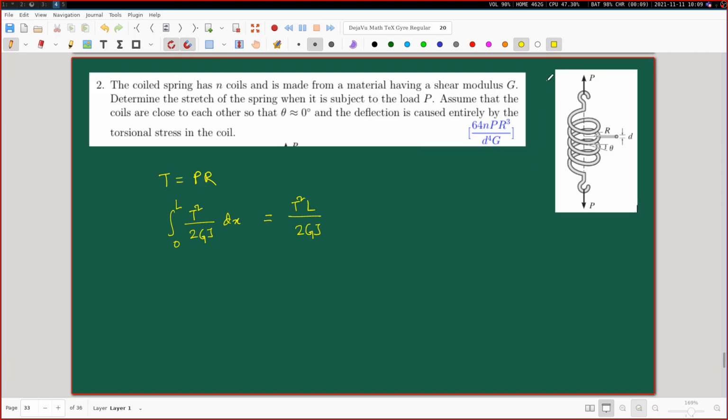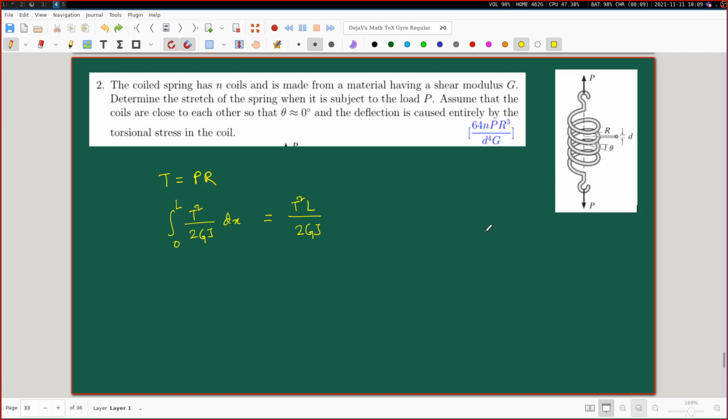If the spring were like this, then such an approximation would not be very valid. However, the coils are very closely spaced, so for all intents and purposes, that theta, the helical angle,